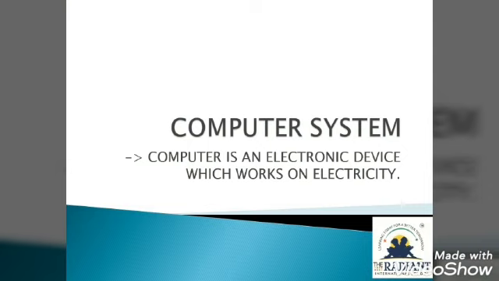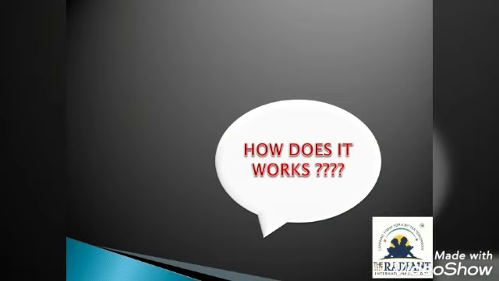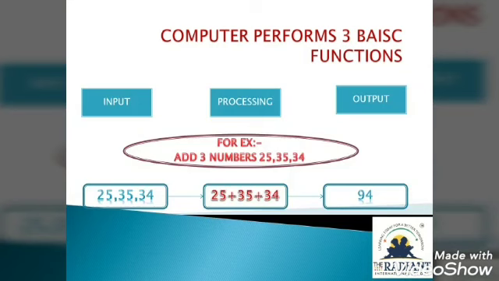But the question is, how does it work? It works on 3 basic things, that is input, processing and output, right? What is input now? Input is something which we enter in the computer. This input can be a number, alphabet, picture or any text, right? Input is something which we enter inside the computer. Next is processing. On the provided input, the computer does the processing. The CPU does the processing on the input which we are giving, and the output is a desired result.